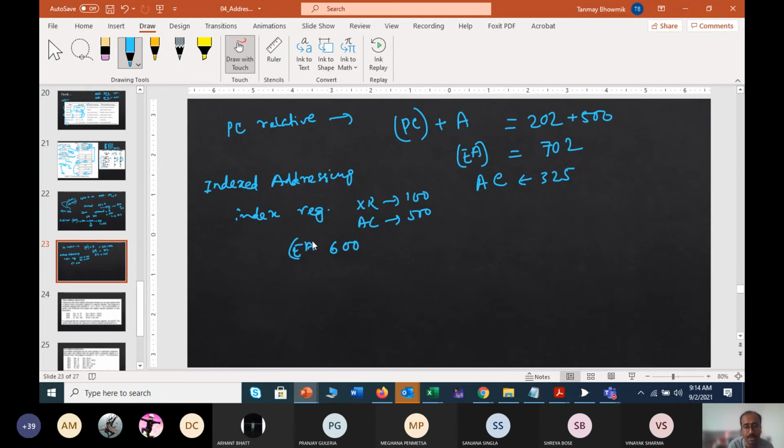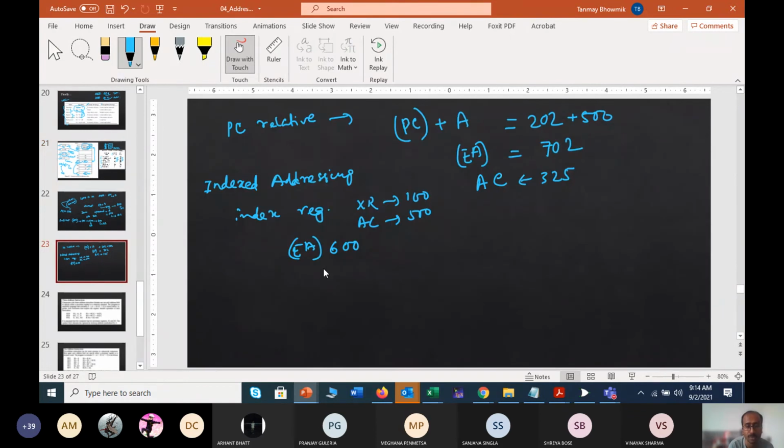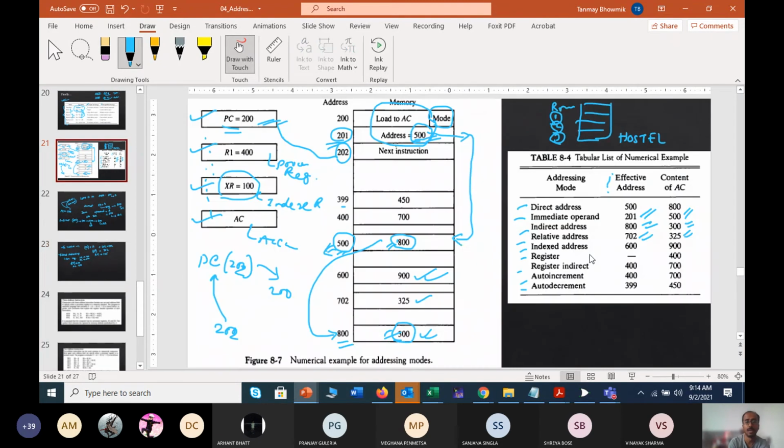So now you have to check the content of 600. Content of 600 is 900. So that means your accumulator content has now been loaded with 900. Up to this section we have done.